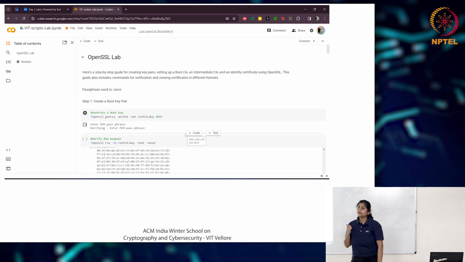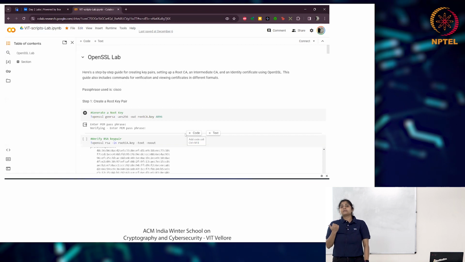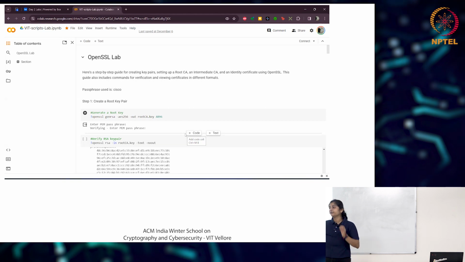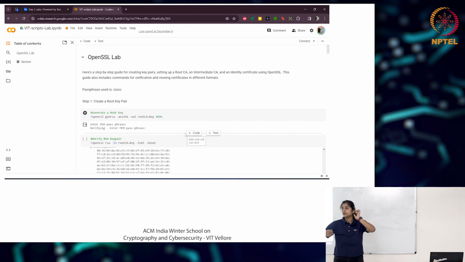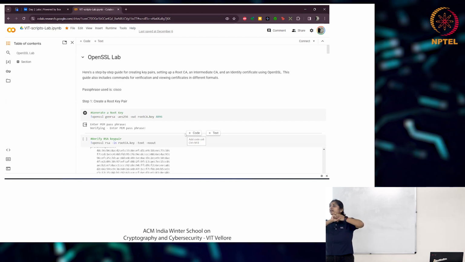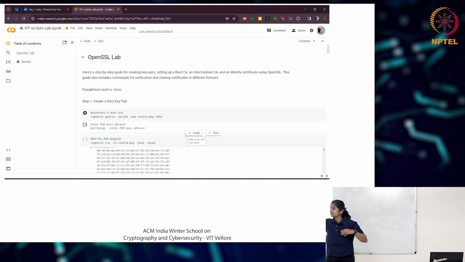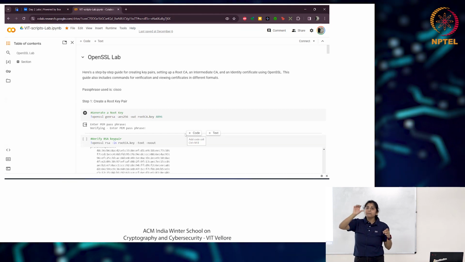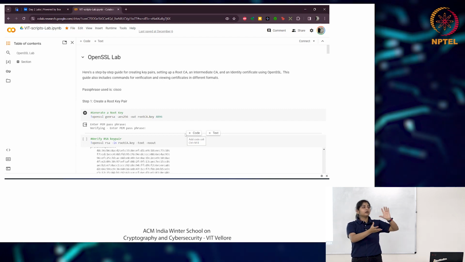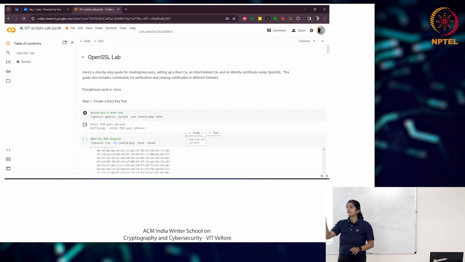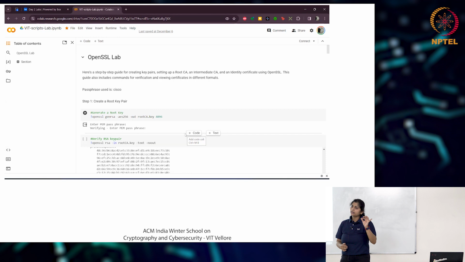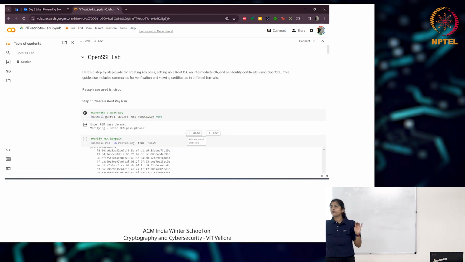OpenSSL is something that people generally use to convert the types of certificates. I didn't go into the types of certificates, but certificate formats can be different. One is PEM, another is PKCS 12. These are different types of certificates where the keys are either present or not. In PEM, you don't have the key file. You only have a base64 file that's incorporated into the .pem file, or .cer file. The certificate file is another type of file. They all contain the same information, it's just different formats.